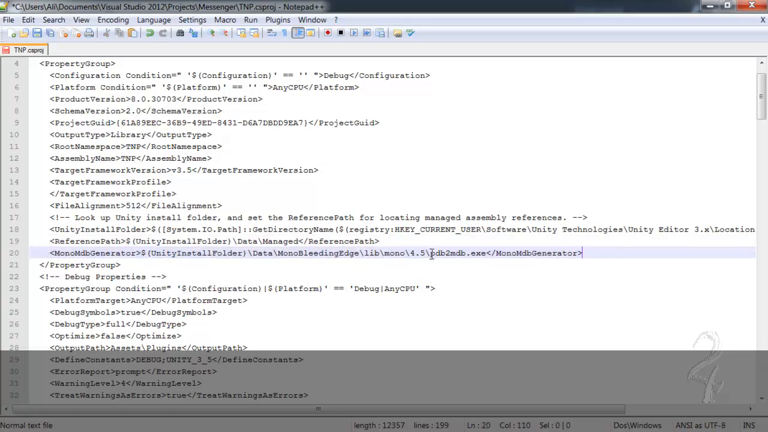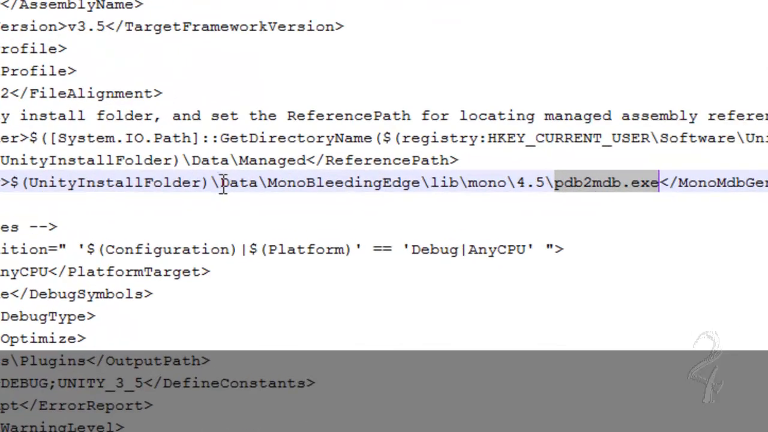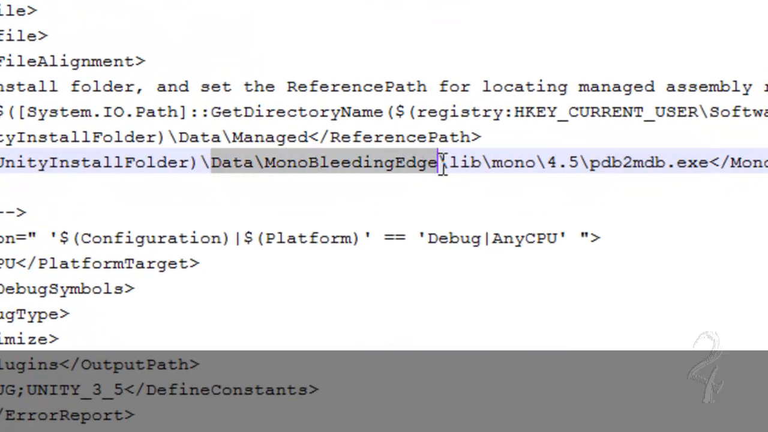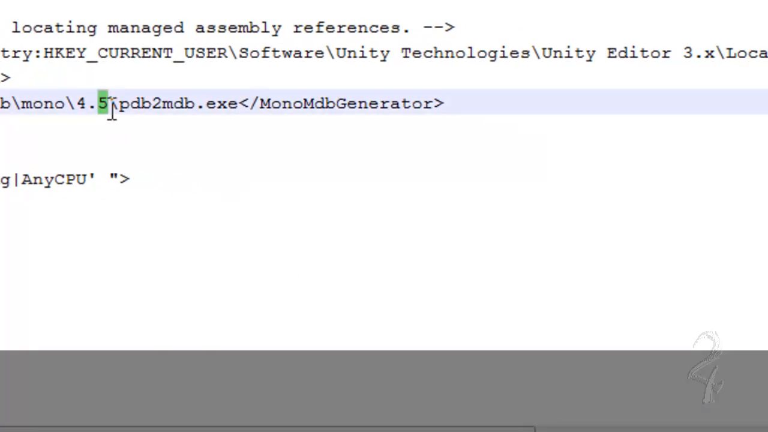Now there are two versions of this PDB to MDB.exe. One is inside the mono itself, I think, or it's in the data, I'm not sure. But the one we want is under data, mono bleeding edge, lib mono, and then the proper folder for the version of Unity you use. If you are using 4.0.x, then this will be 4.0, and if you are using 4.1.x, it will be 4.5. And to show what I mean by that,